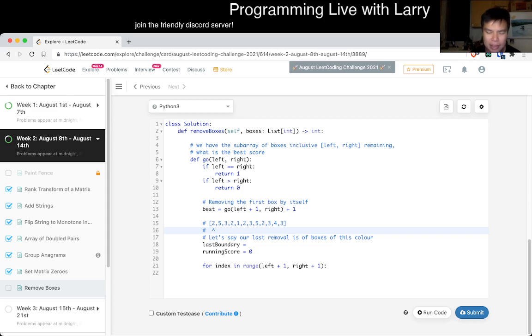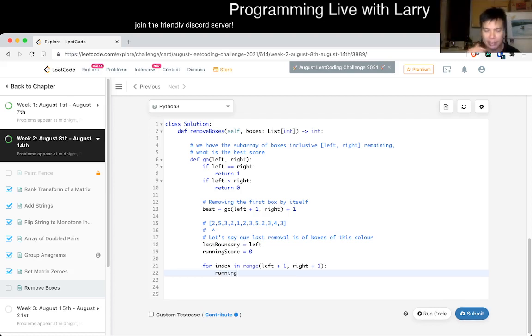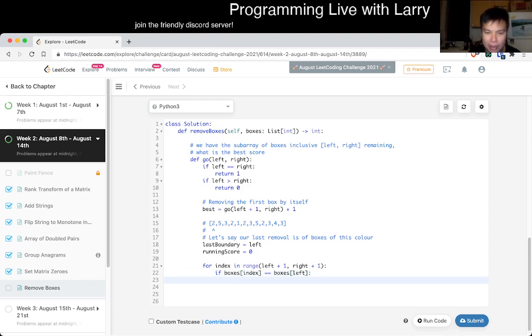Oh wait, so we have to just keep track of the last 2, which starts at left. Okay. So then now we want to calculate the score of the thing that's in between. So running score, we increment this. Oh wait, this is only if this is a 2, or this is the same color as the first one. So if boxes of index is equal to boxes of left, then we do this thing where running score, we increment it by